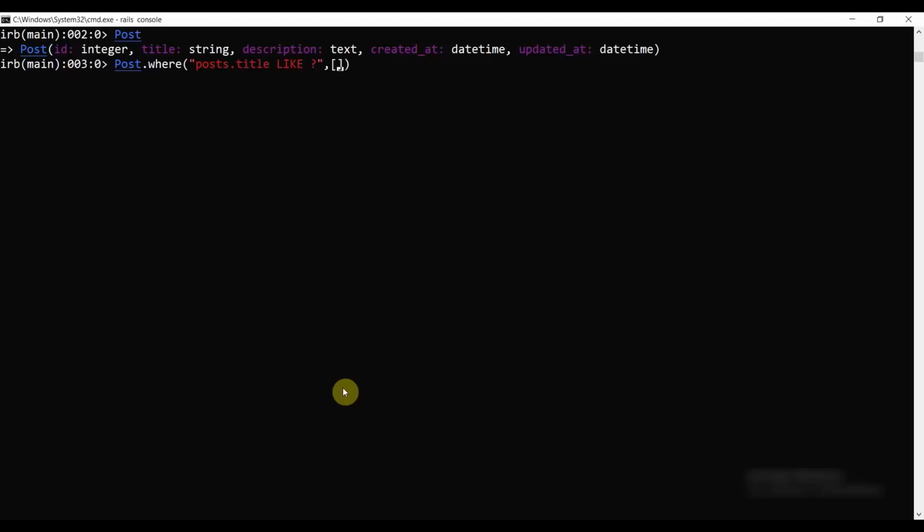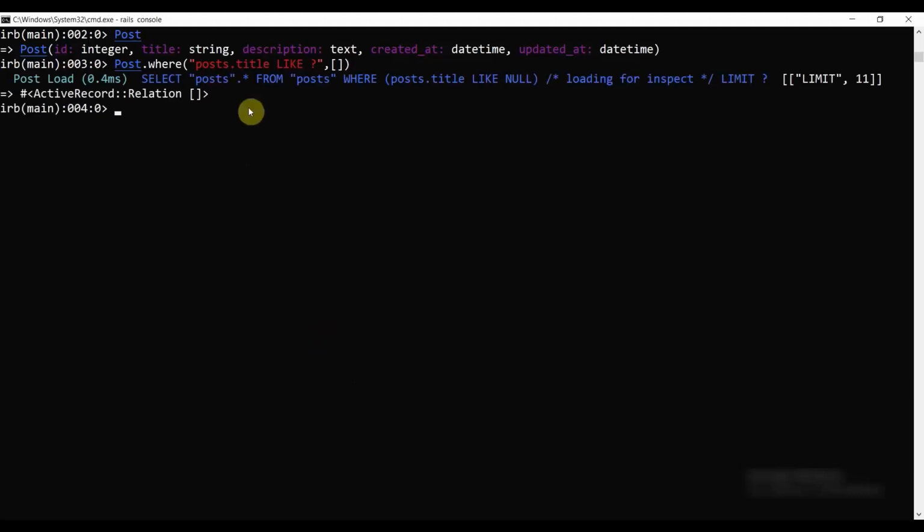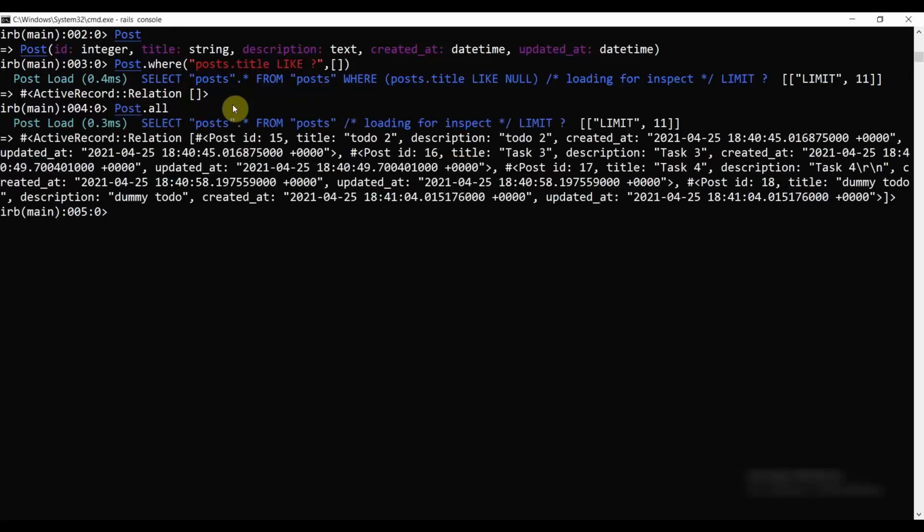Okay, so first I'll type here. It says select post.* from post where post.title like null, because I didn't pass anything in this array. So that's absolutely fine. Let's do Post.all, so we get all of them. So now let's do something. Let's take a variable query and make it our dummy. Okay, and now let's write this query where